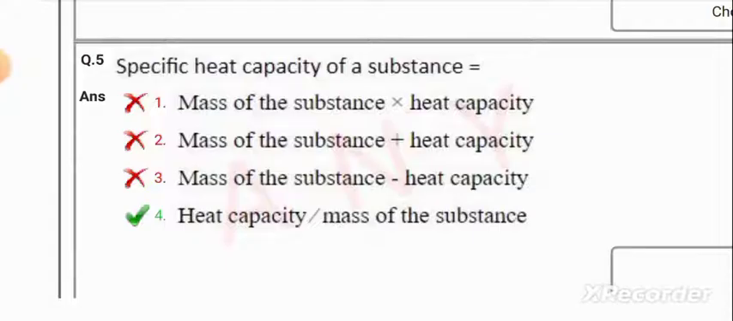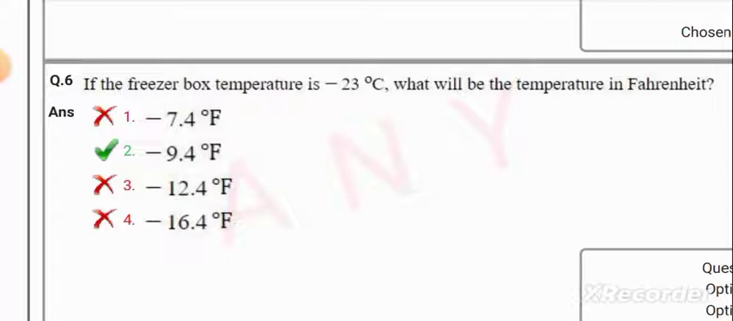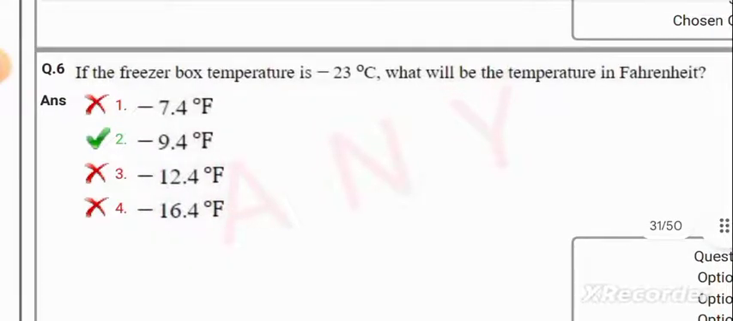Specific heat capacity of a substance is equal to heat capacity upon mass of the substance. If the freezer box temperature is minus 23 degrees centigrade, what will be the temperature in Fahrenheit? C upon 5 is equal to F minus 32 upon 9 का फार्मूला जब लगाएंगे तो इससे हम लोग फ़ारेनहाइट में कैलकुलेट कर लेंगे, जो कि इक्विवेलेंट निकलेगा 9.4 फ़ारेनहाइट।